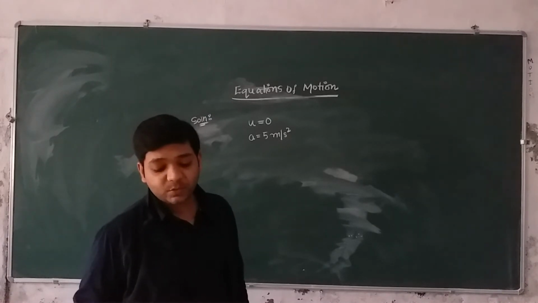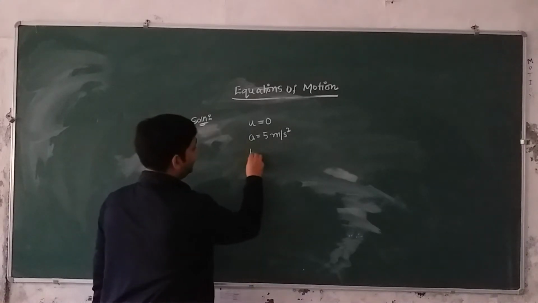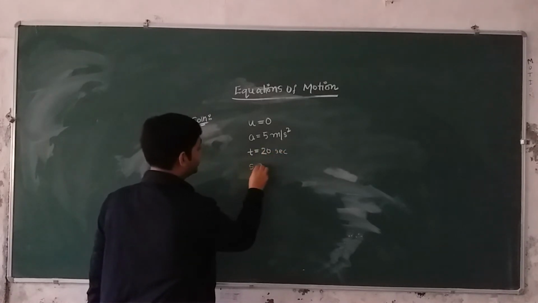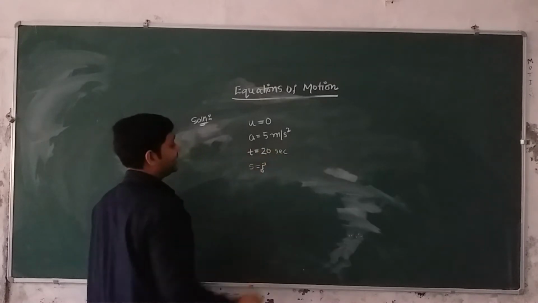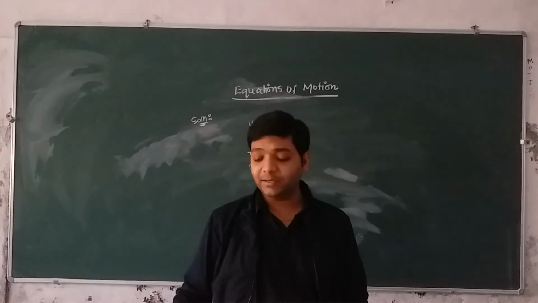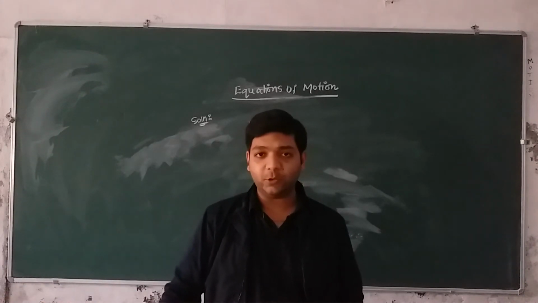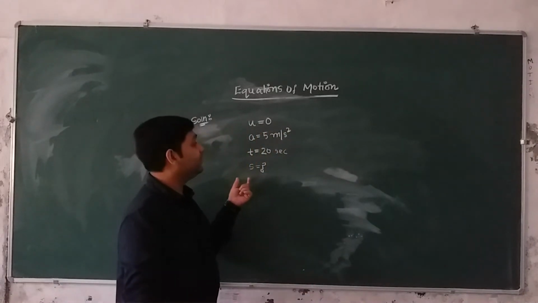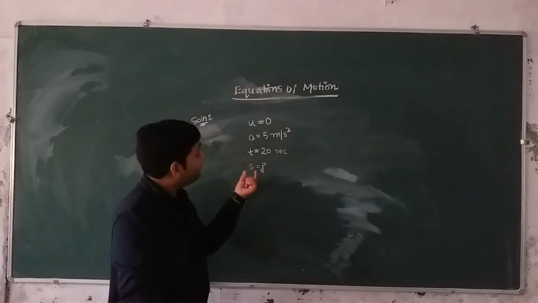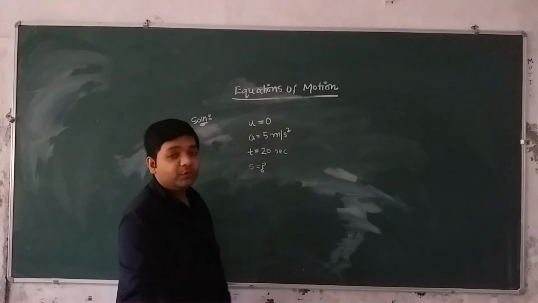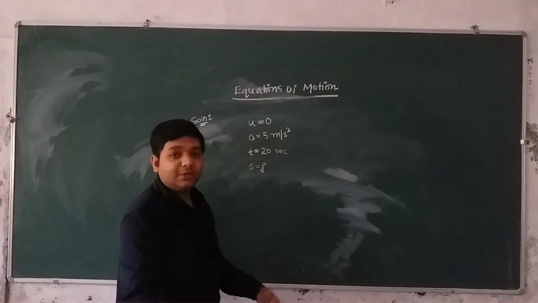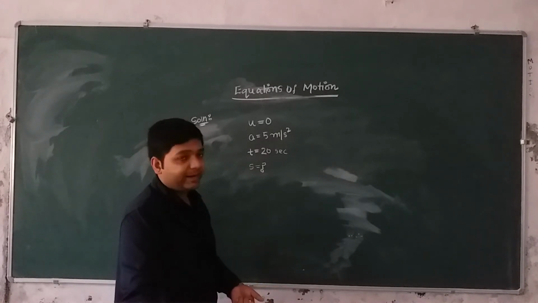Now it is asking what distance will it cover in 20 seconds. So time is given as 20 seconds and we need to calculate the distance covered by the racing car in 20 seconds. We assume the racing car always moves on a straight track in a straight line, so distance and displacement will be equal. In equations of motion, s is displacement and they are asking the distance, but if the car moves in a straight line, then the value of distance and displacement will be equal. So we can say s is the displacement or distance, right?